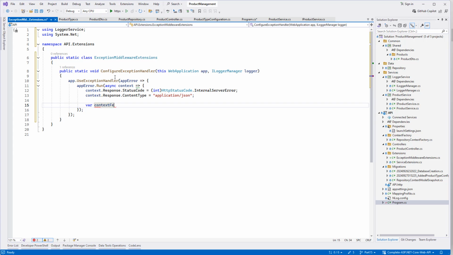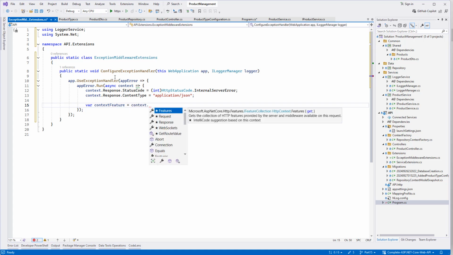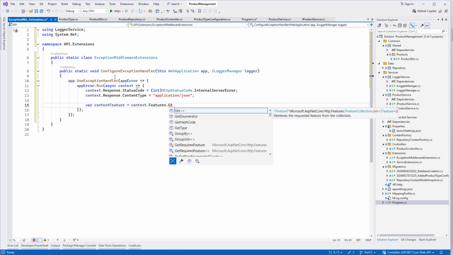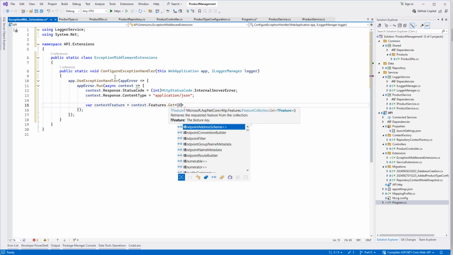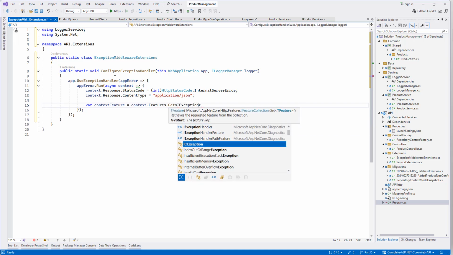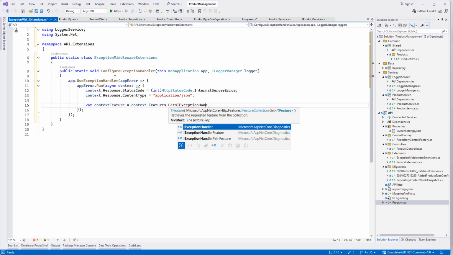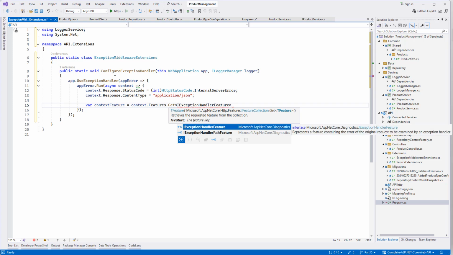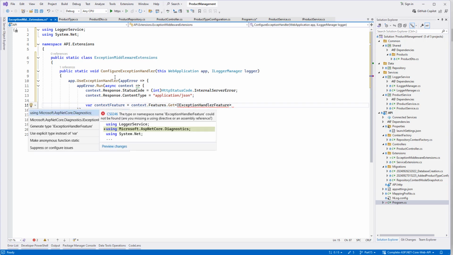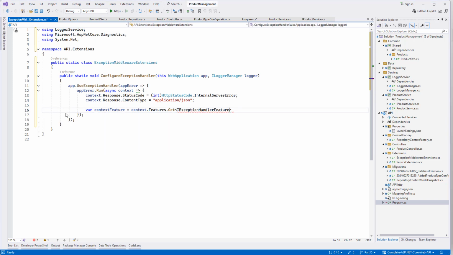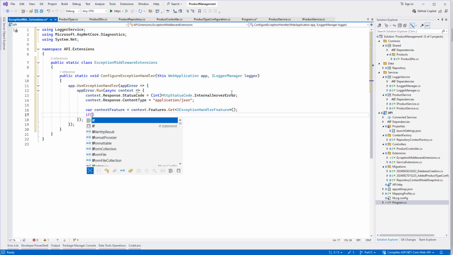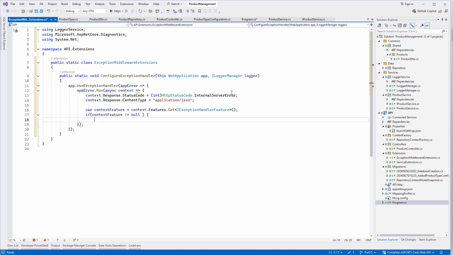Now context feature equal context dot features dot get exception handler feature. Control dot, use Microsoft ASP NET Core feature diagnostics. If context feature is not null,